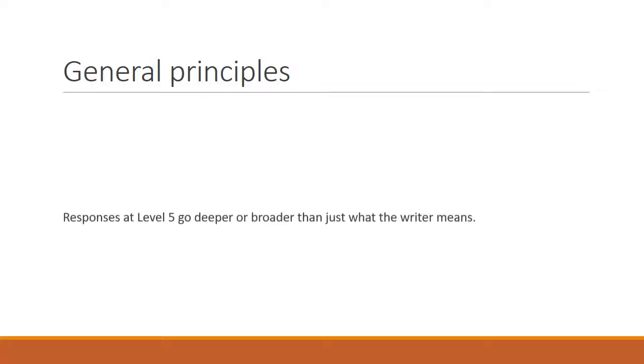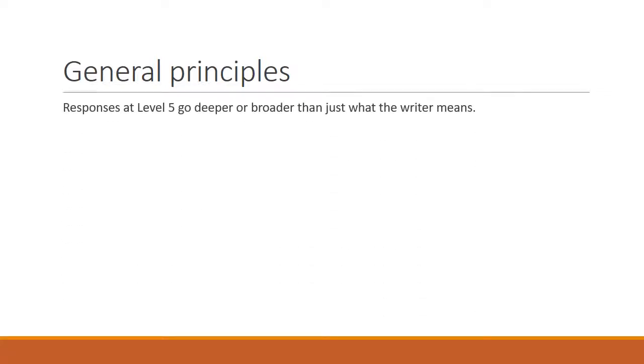Firstly, level 5 is best characterised, the exam boards say, by people who go deeper or broader than just what the writer means. So basically a level 4 candidate is going to go, this is what the text means, and here I'm going to prove it. Whereas in level 5 you're going to consider a broader approach, that there are different interpretations. You're going to go deeper, look and analyse and draw a few things out. Now, to show you what we mean by that,